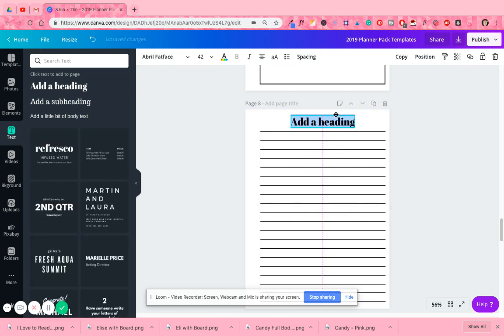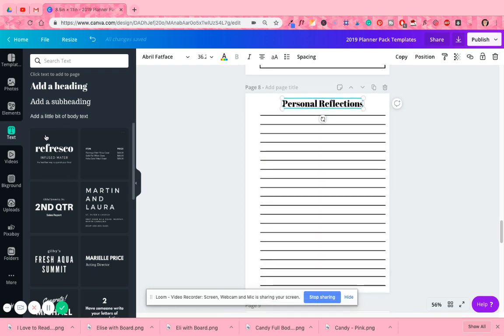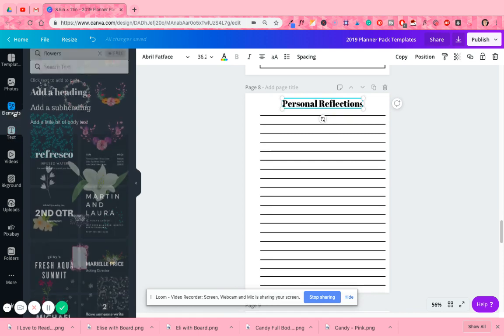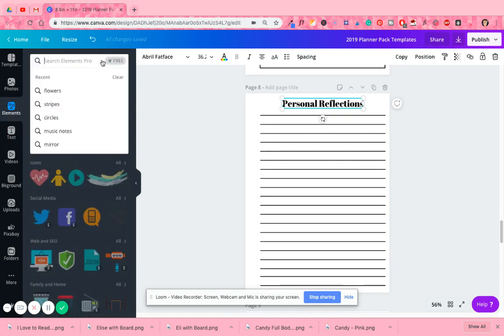So let's say if you wanted to say, maybe my personal favorites, personal reflections, because whenever I create my journals and planners, I like to make it so that people can personalize the top. And sometimes when people have journals and planners especially, they like to have blank space to write their own thoughts. So you can just add whatever heading you want, and then again, maybe make it fancy by adding